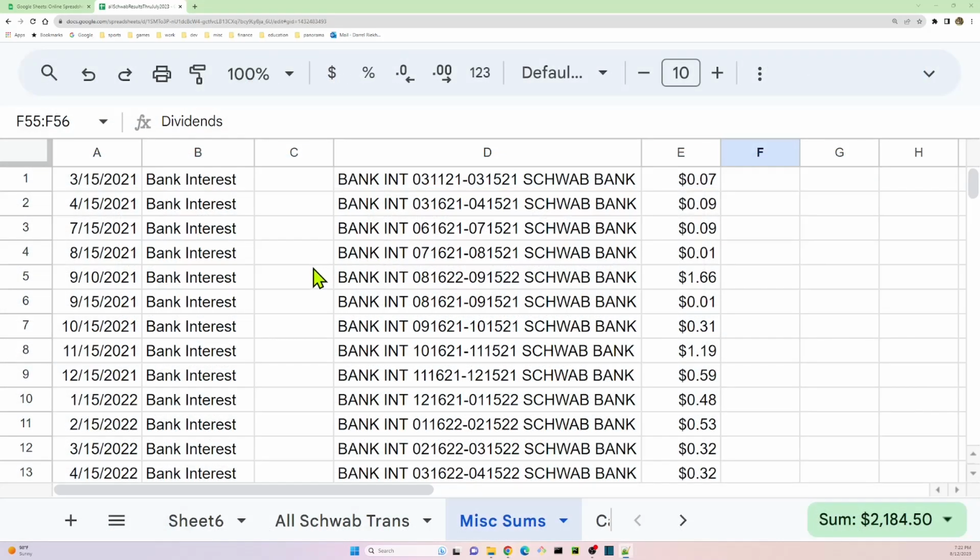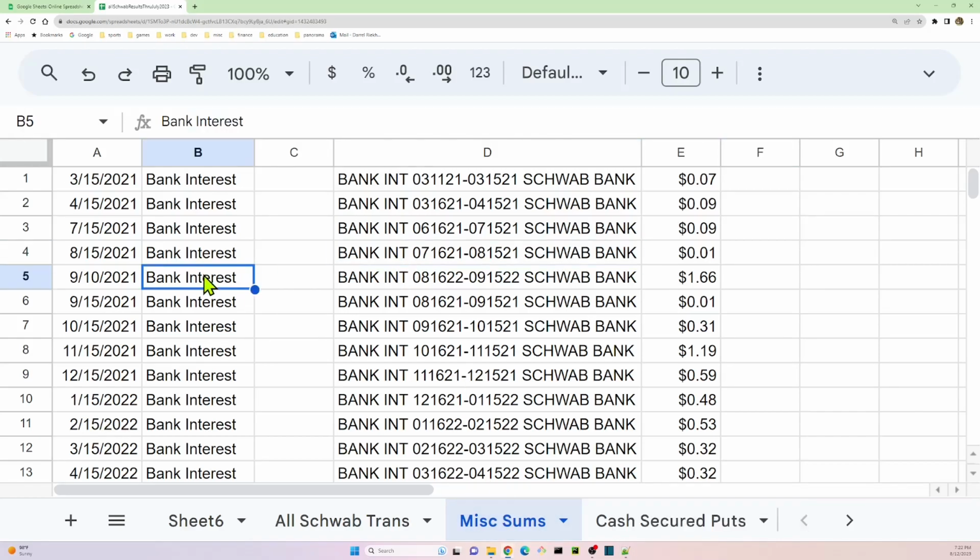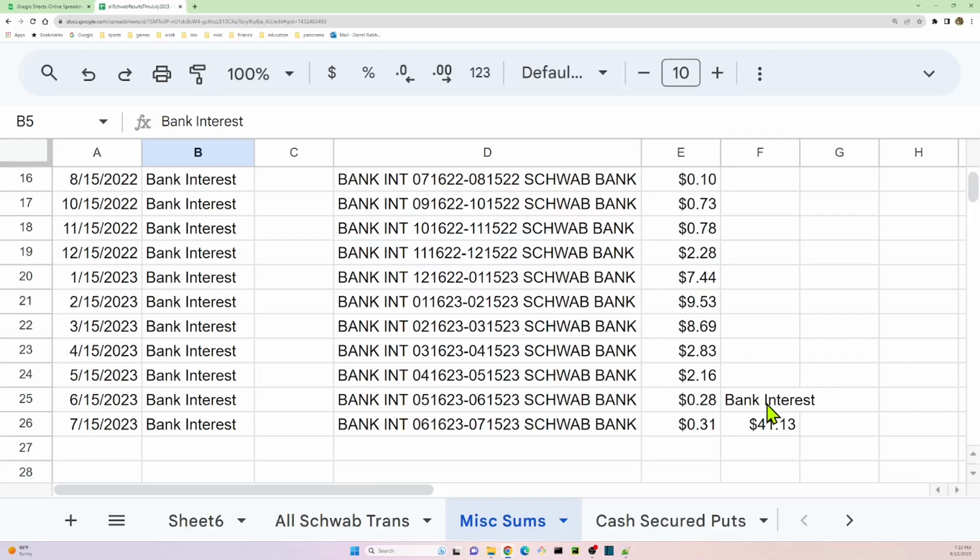I've moved some groups of transactions to a different tab in my spreadsheet and summed the groups for the following types: bank interest collected, here's the sum;